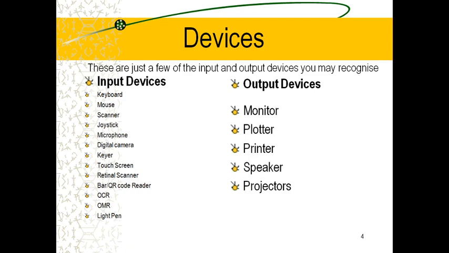Next one is QR, quick response code. The QR code is a two-dimensional barcode which can be read by a camera and processed to interpret the image. And next one is voice input systems. A voice input system is just like a microphone. With the help of the microphone we can record our voice with special software. Some special software is there to record our voice.